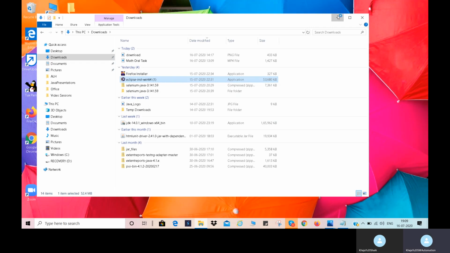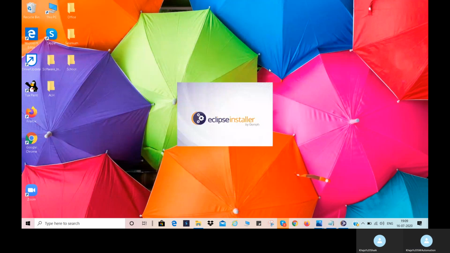Let me minimize this folder window. It takes some time to start installation.